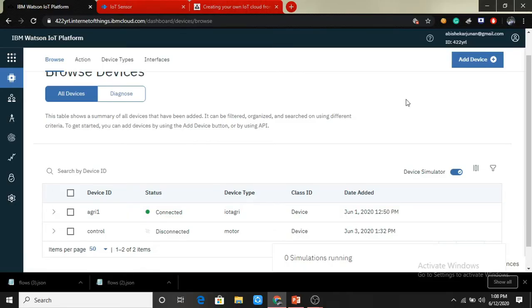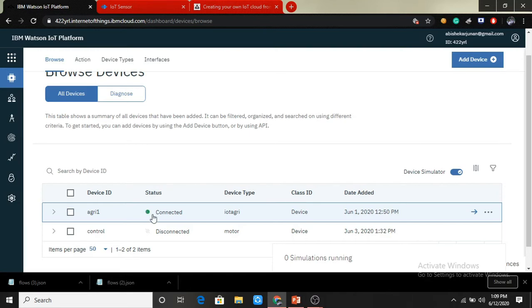The first step of our project is logging into the IBM account using your email ID. Signing up for IBM Cloud requires an email ID. We can use a normal email ID to sign up for our IBM account in the cloud. In case of an institutional email ID, we will be given more features in the IBM Cloud. So we could see two devices. One among the devices was connected and another one is not connected.